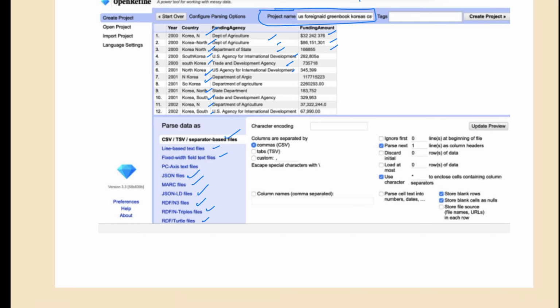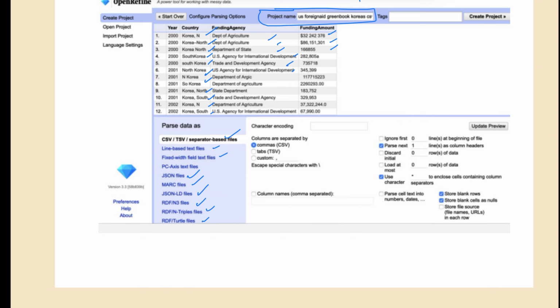Then their funding amounts are given. So here, in the import features, the interface shows parsing options for separating columns by commas, CSV, or tabs, TSV, and handling